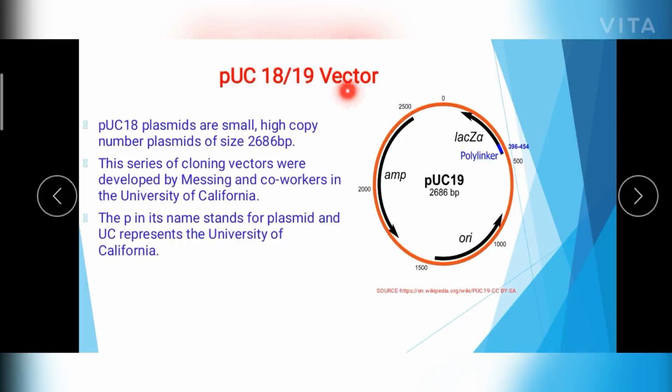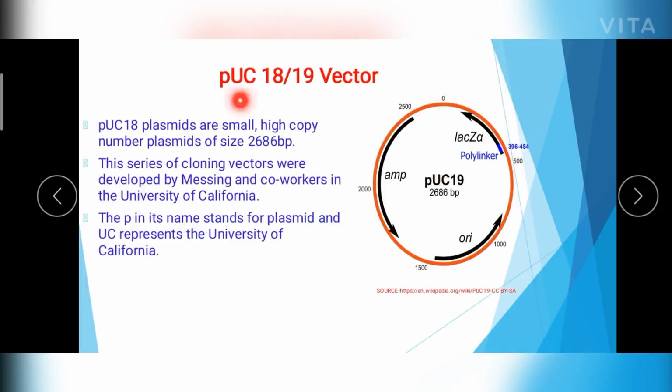Coming to the second type of vector, PUC 18 or 19 vector. So these plasmids are small and have high copy number, and the size of this plasmid is 2686 base pairs. It's of small size compared to that of PBR322. So this series of cloning vectors was designed at the University of California. For this, U means University, C California, and P is the plasmid. So they were developed by Messing and co-workers at the University of California, and these